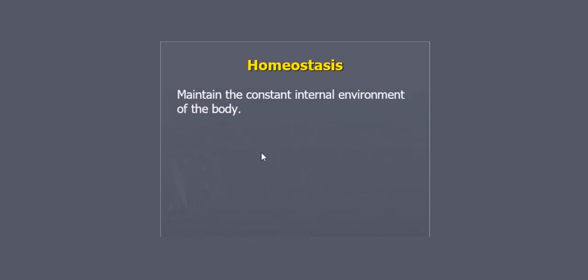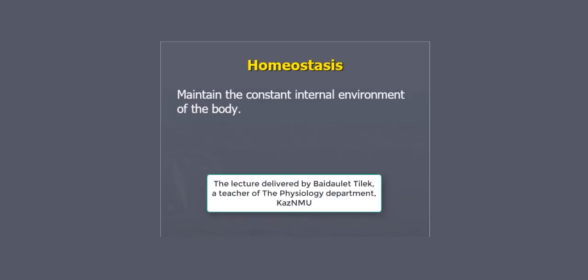For example, the blood clotting system is actually a positive feedback system. And one more example is giving birth, which is also a positive feedback system. And now for today,